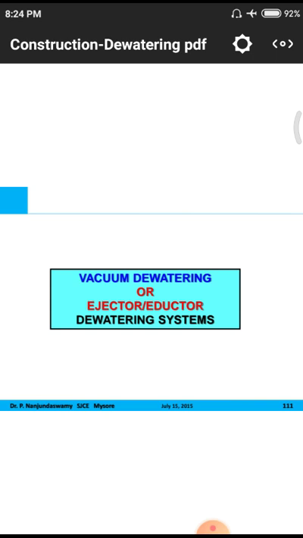After that, from those wells, they are using different kinds of motors and different vacuum suctions and vacuum pumps. All those are used, and they extract the water from below the earth surfaces and beneath the earth surfaces. Particularly in this topic, we are discussing vacuum dewatering. Vacuum means it is a pressure.